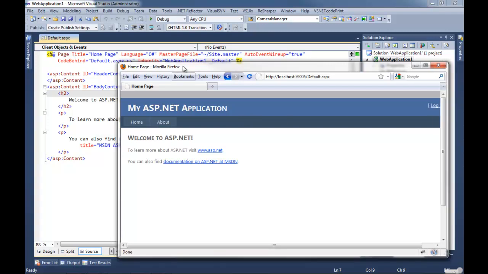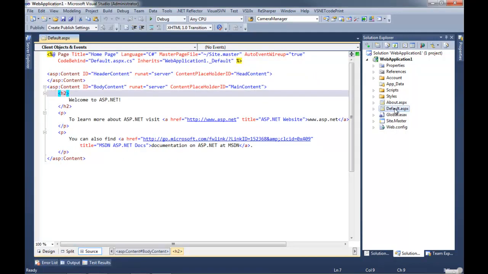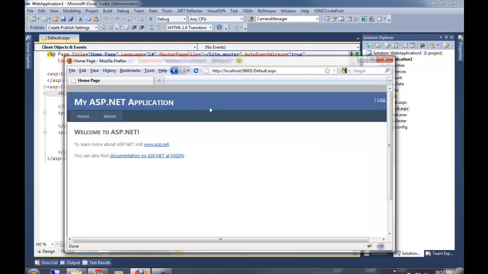So, yeah, we have this. We see that we're going to /default.aspx. And we see right here, we have a default.aspx. And so what's happening is we're hitting this. The web server notices that we have this .aspx extension. This is important. It reads this .aspx extension and says, hey, wait, that's an ASPX file.